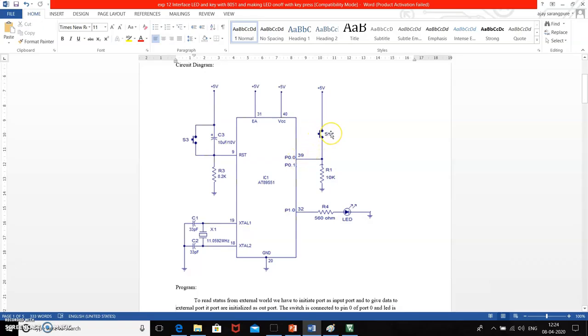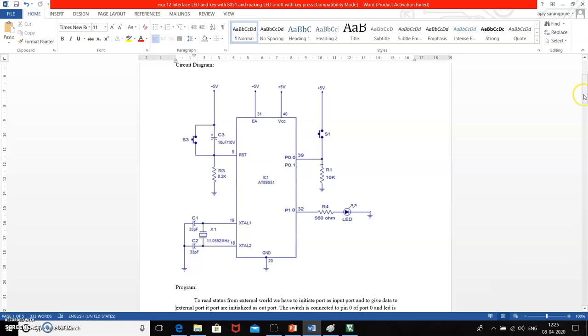Whenever the switch is pressed, the current will start flowing through the switch and through the resistor. Then the complete 5 volt drop will appear across this resistance R1. This potential drop of 5 volt will appear at pin 0 of port 0, that is pin 0 will be at logic 1. At this instant, we have to blink the LED continuously.